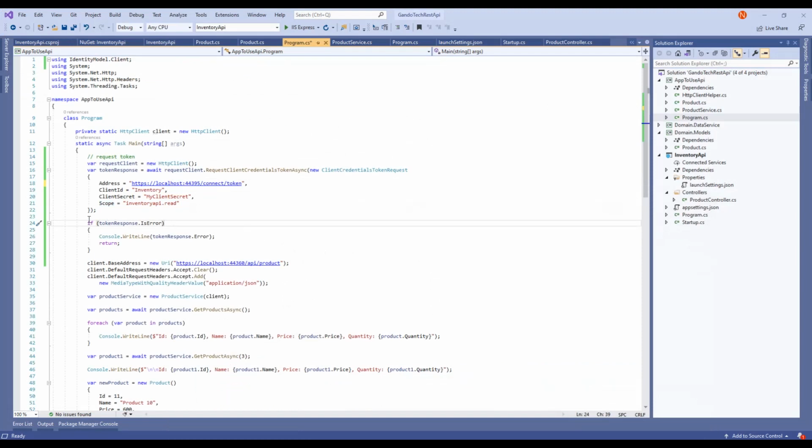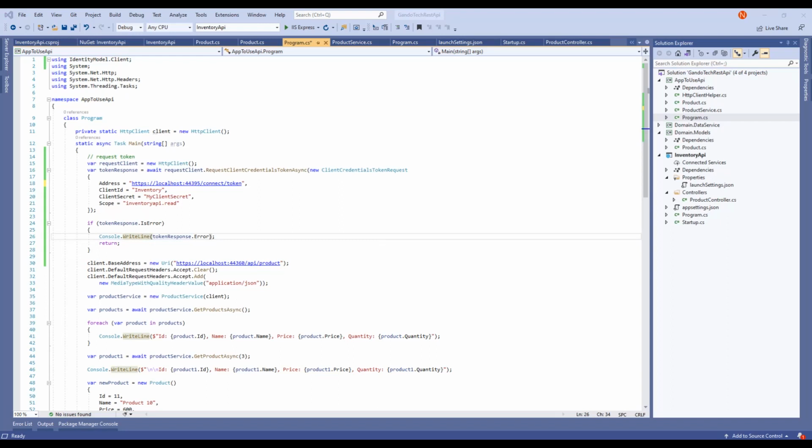Simple as that. Now get the response. If the response has got any error like unauthorized or invalid client or whatever, you will catch it here and you will display it. Now, if everything goes well,